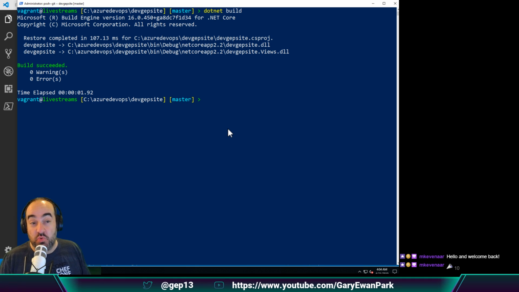Most people who know me know that I am part of the Cake build team, so my default would be to add a Cake build into this process. That's what I'm going to try and do this lunchtime. I'm going to try and add in a Cake build to do the standard processes that we want. Now, where I'm going to start with that is